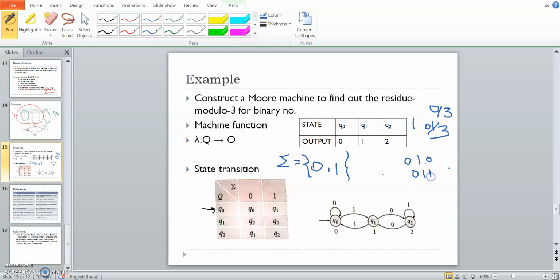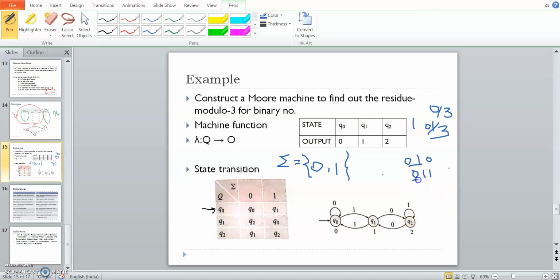See, at a particular state Q1, this is your initial state. You have read string 0 1. Now you will get 0 again. So this value is 2, right? 2 divided by 3. So how much is the remainder? Again 2. So on reading 0, you are going to state Q2 because the output associated with the state is 2,